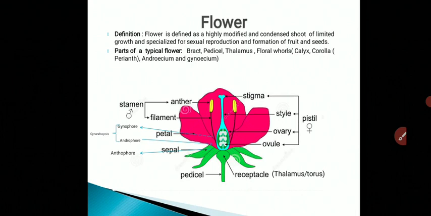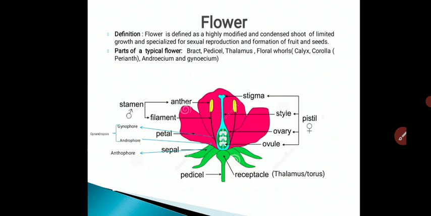You might have observed different angiospermic plants with very beautiful and attractive colors and forms. These flowers are utilized by humans for different purposes. But the main purpose of flower development in a plant is the sexual reproduction of the plant by formation of fruit and seeds. So the flower is a highly modified shoot bearing specialized floral leaves. The axis of the flower is condensed to form a thalamus, commonly bearing four whorls of flower parts, that is calyx,